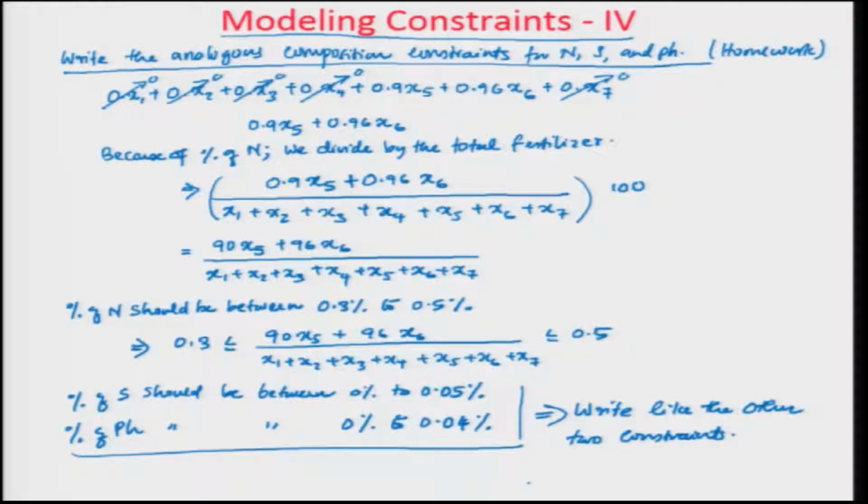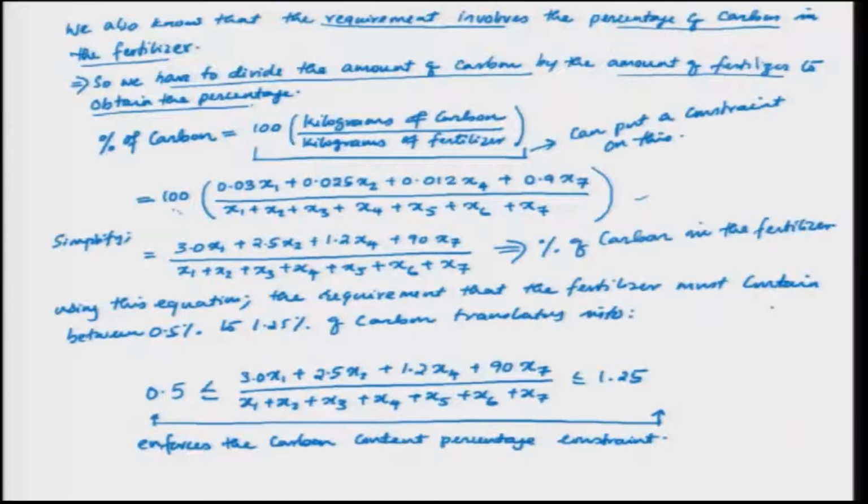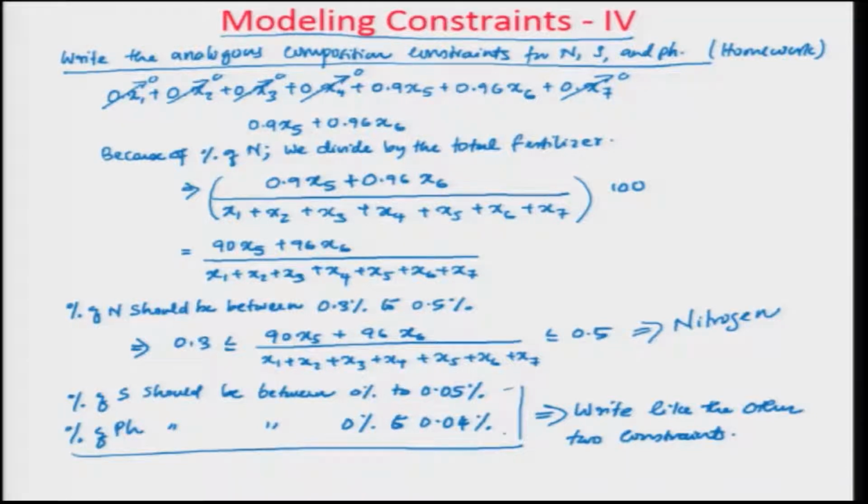So, the same way as we wrote this nitrogen constraint, and the one before that, our carbon constraint, we now have to similarly write the sulfur constraint and the phosphorus constraint. Then we will have all the constraints on the composition of the item. Now, the next thing we need to do is the modeling of the objective function. Because the constraints are all modeled now,